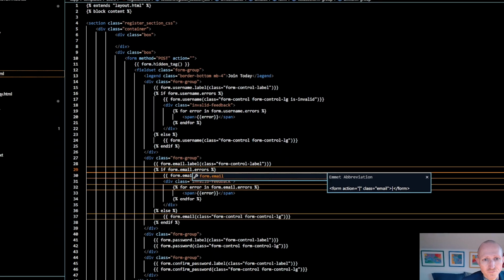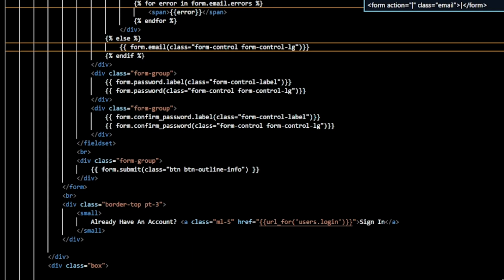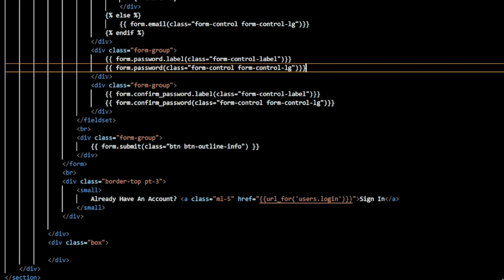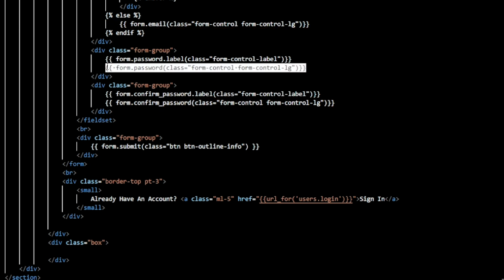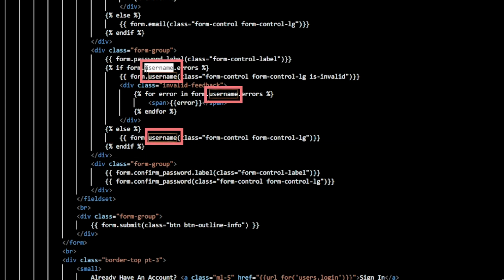Okay, then I go down, I do exactly the same here, Control V, and instead of username, this is going to be password,